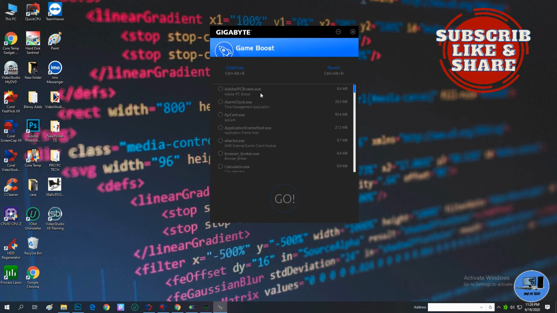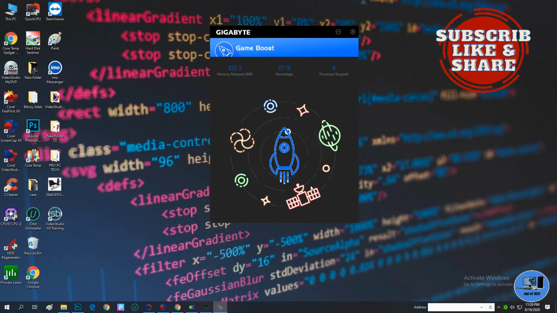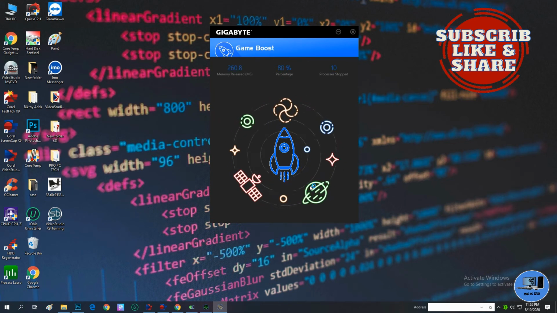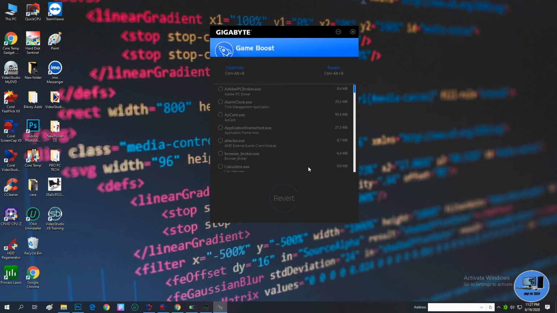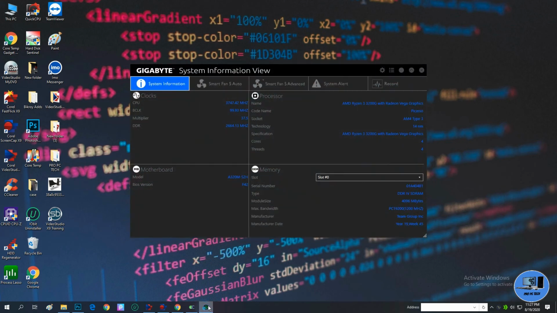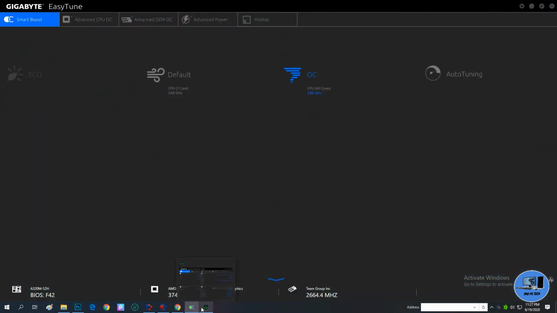It's a Game Boost feature of the App Center. By clicking go, it will boost your machine for gaming, I think. Look, it just cleared my background apps. Okay, OC mode. Where is App Center? Okay, EasyTune and OC mode.